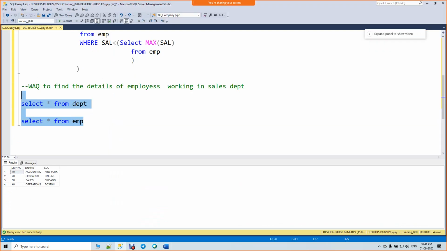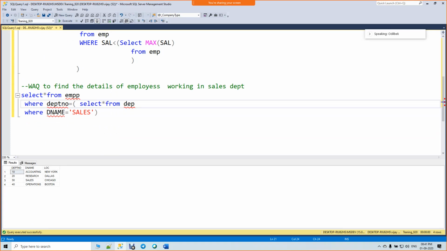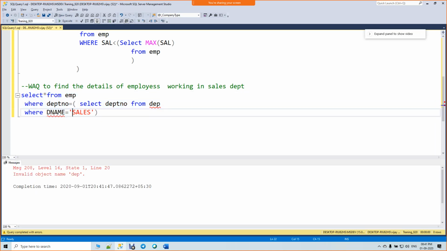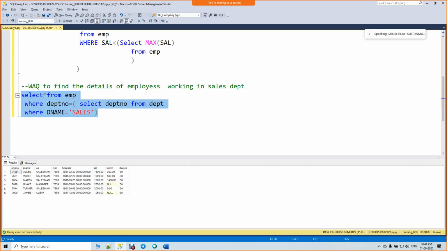Small mistake you did, you are almost good actually. In place of star, you just need to put department number. You are done.